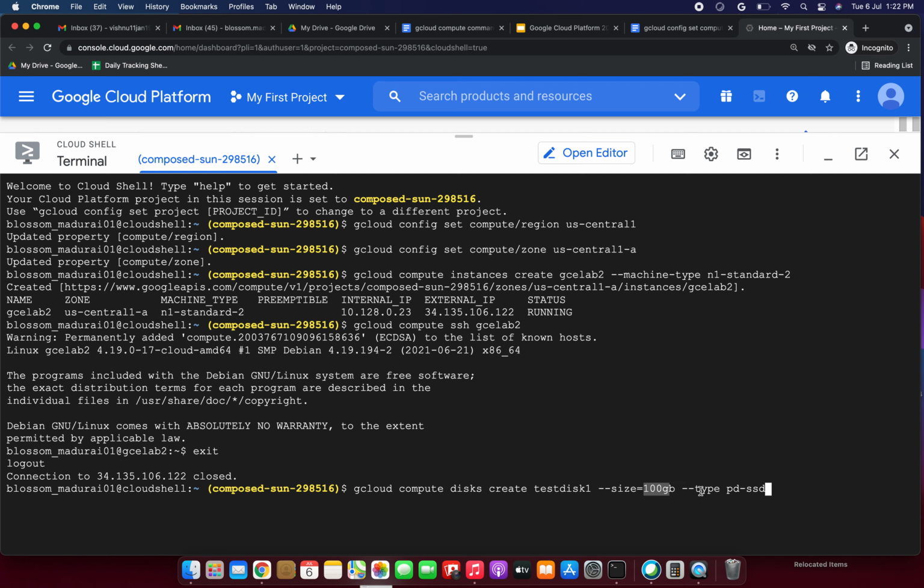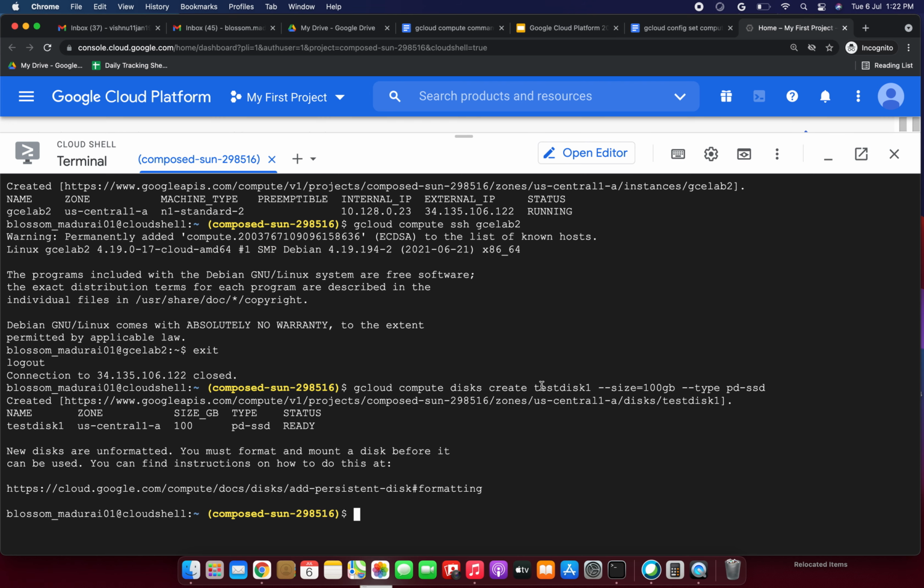We can give the size, then type pd-ssd. So now I am entering this one and the disk will be created. The disk name is test-disk-1 and size is 100 GB, type pd-ssd, in us-central1-a because we have already set the property. The status is ready.